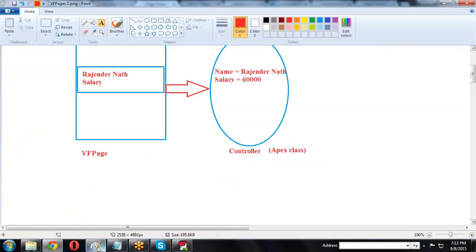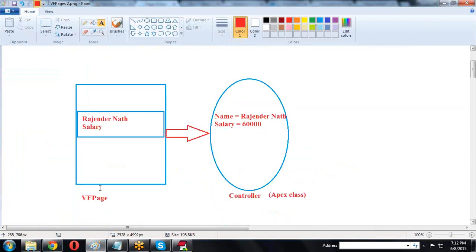This is nothing but I'm creating one page block section. In the page block section I'm displaying Rajendra Nath salary. Okay, this is the name and this is the salary. 60,000 is the salary I want to display. So this is the way we are creating here.